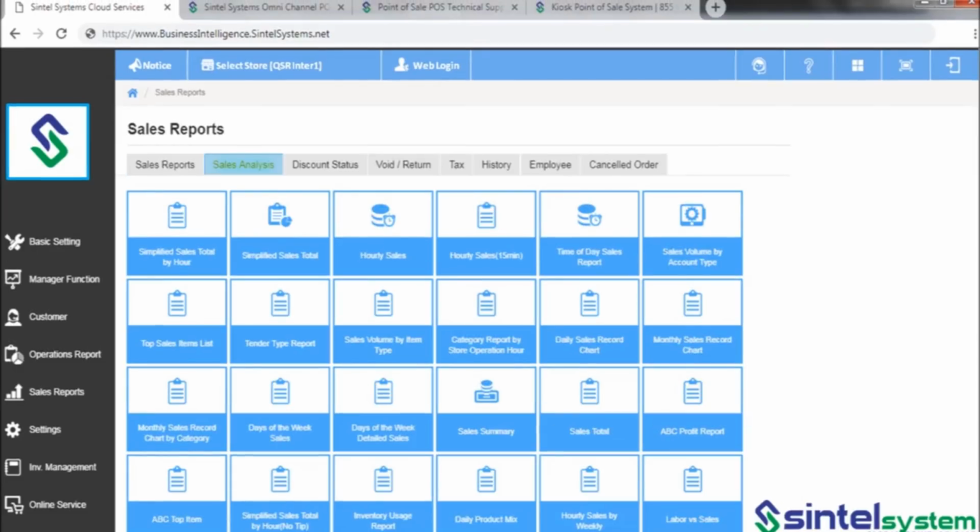The second tab is the Sales Analysis tab and contains Simplified Sales Total by Hour, Simplified Sales Total Hourly Sales, Hourly Sales every 15 minutes, Time of Day Sales Report, Sales Volume by Account Type, Top Sales Item List, Tender Type Report, Sales Volume by Item Type, Category reported by Store Operation Hour, Daily Sales Record Chart, Monthly Sales Record Chart, Monthly Sales Record Chart by Category, Days of the Week Sales, Days of the Week Detailed Sales, Sales Summary, Sales Total, ABC Profit Report,